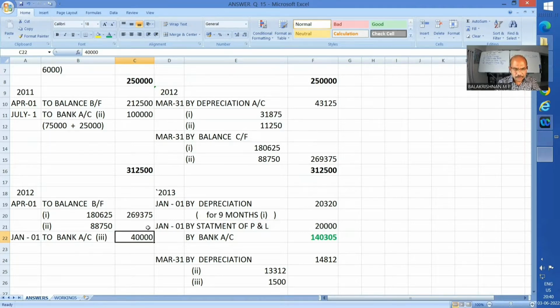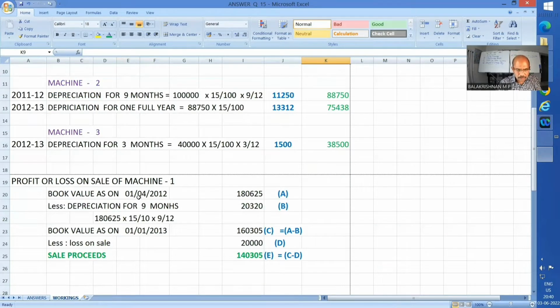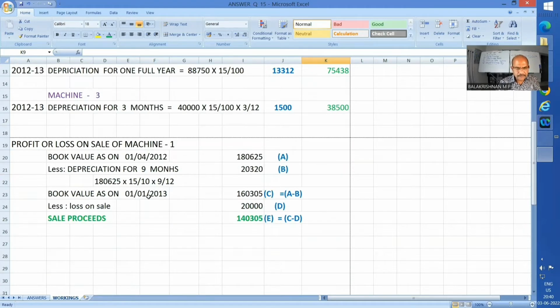Fine. During the year, I find that there has been a sale of a machine. The first machine has been sold. Okay. And the details I'm making for the sale. Book value on 1/4/2012, that means year beginning book value in respect of the machine that has been sold, is 1,80,625. Yes. And it has been sold